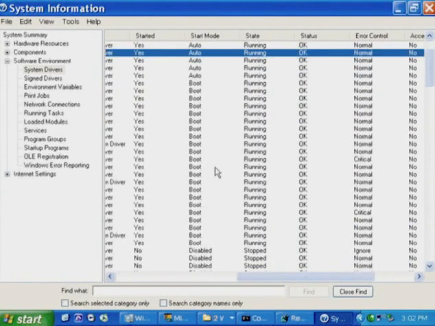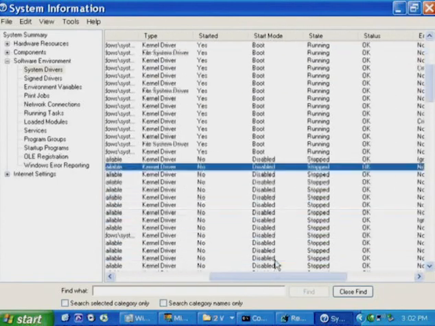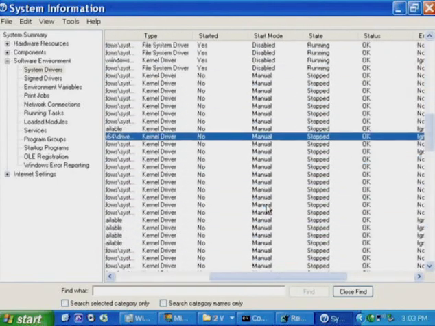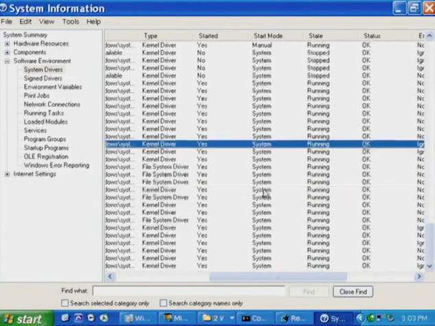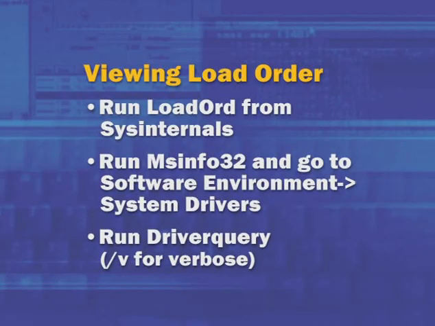So this shows you the broad category here: boot start drivers, disabled drivers, manual drivers, and system drivers. And finally, another tool that you can use is driverquery, which is built into Windows XP. Specify the /v switch, and this basically is the command line equivalent of what we just saw in MSInfo32.